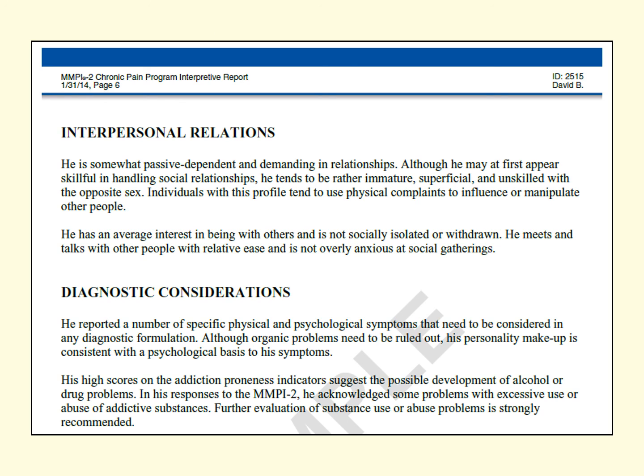So just to illustrate what we're talking about here, this is a sample page from a report done by the Minnesota Multiphasic Personality Inventory scoring system. How this might work is, you could imagine a clinician administering the test to a client. She returns, or he, in this case, returns all his answers to you, fills out the questionnaire. You transmit that information to the company, and they send back to you a computer-generated report that has some information about, you can see on this page here, interpersonal relations and diagnostic considerations and so on.